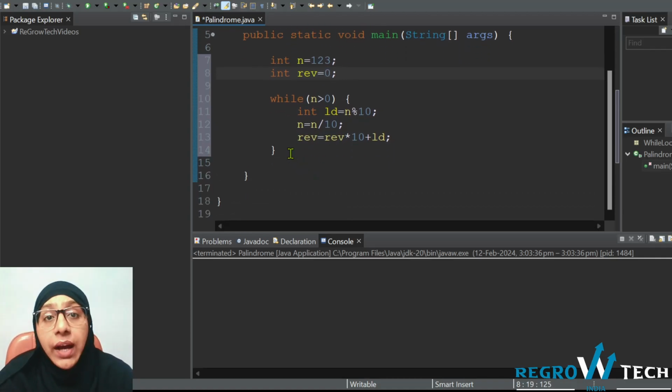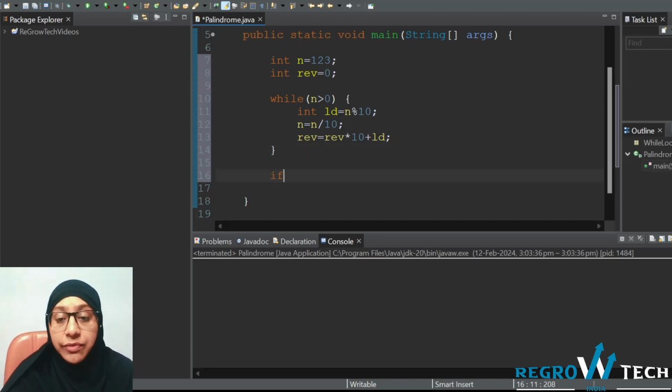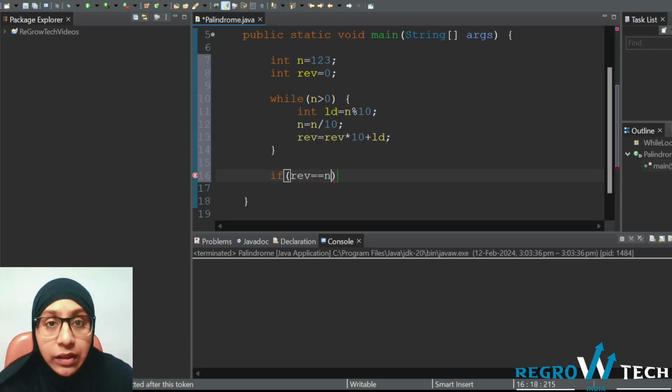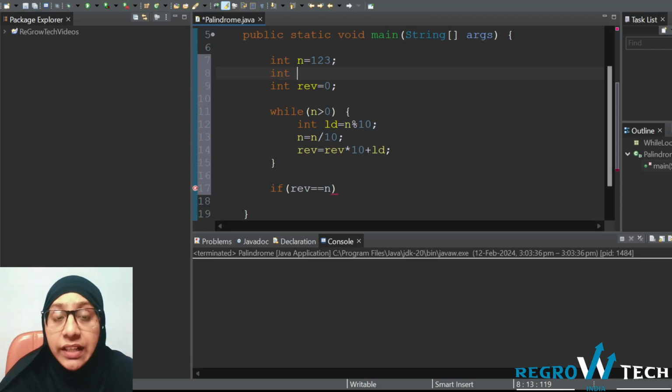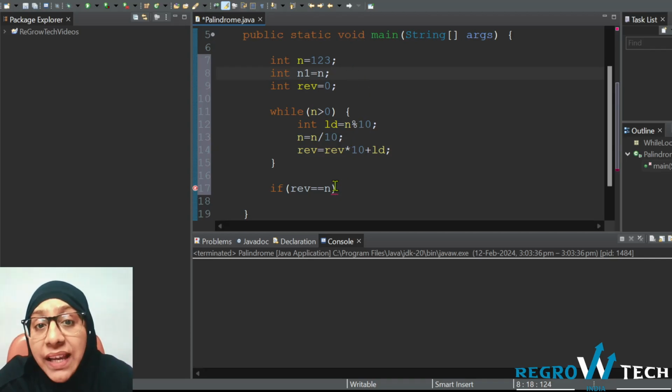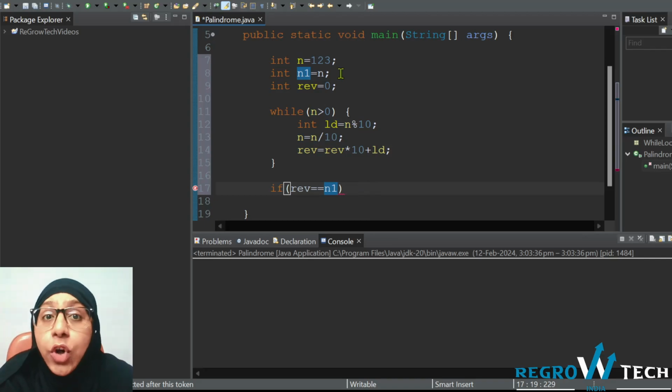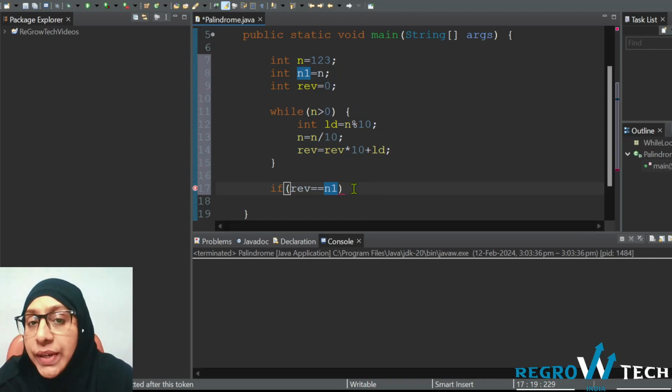Okay. Now, what I need to simply check here is whether reverse equals n. But the problem here is that by the end of the loop, n will become 0. So what I'll do is take yet another integer variable, let's say int n1, and I will store the value of n here. So that when I'm comparing, instead of comparing with n, I will compare it with n1,